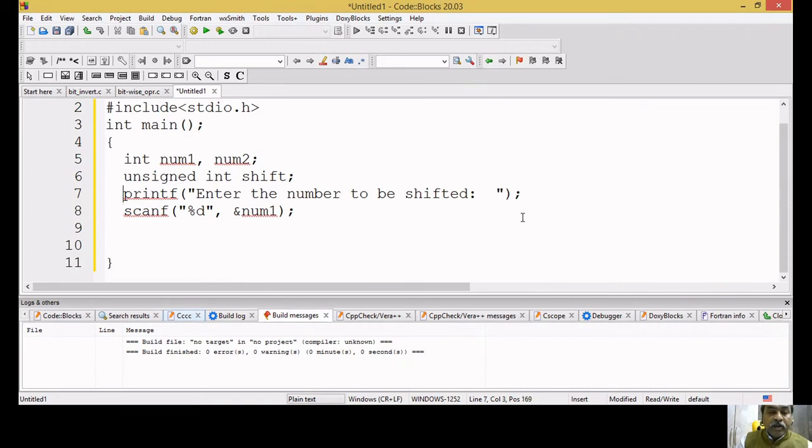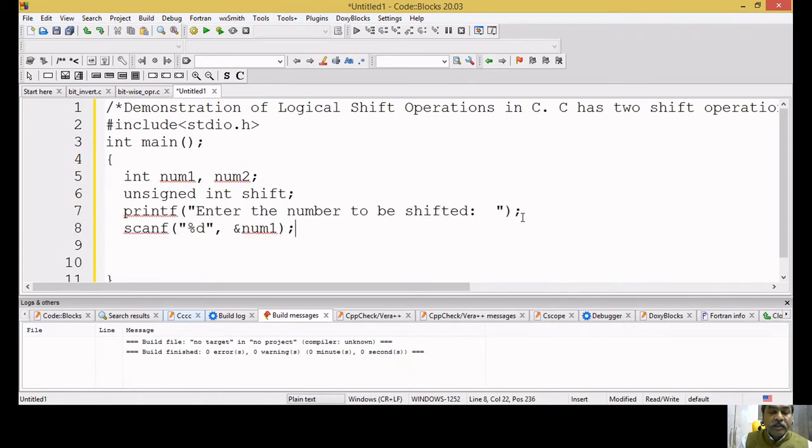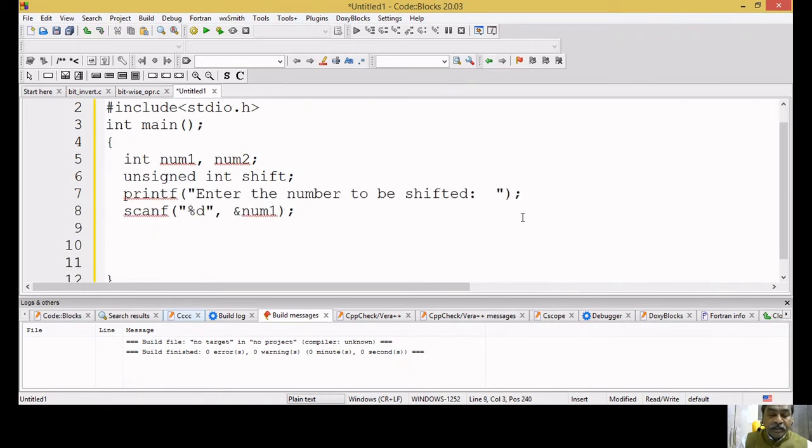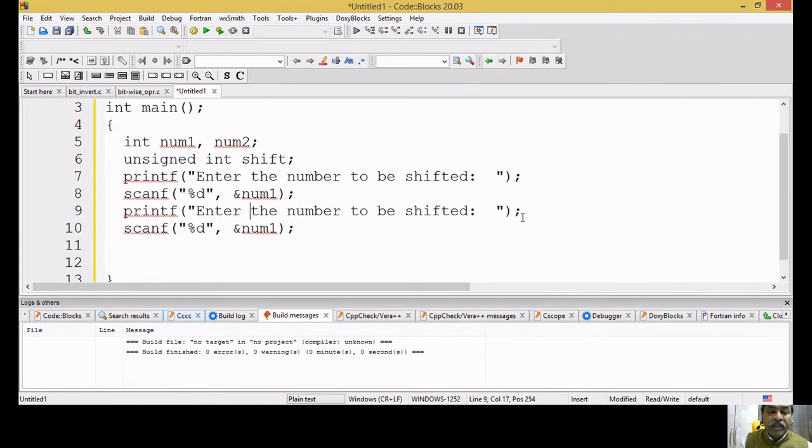Then I'll copy these two to take the number of shifts the user wants. Control C, and then Control V, but I will include a new line so that the output is not clumsy, printing on the same line as the earlier one.